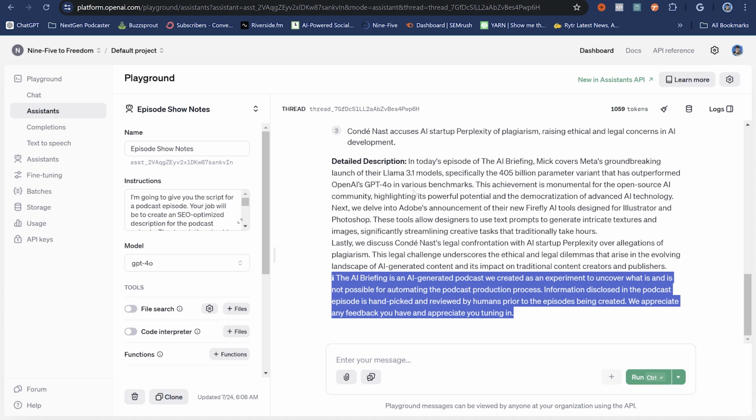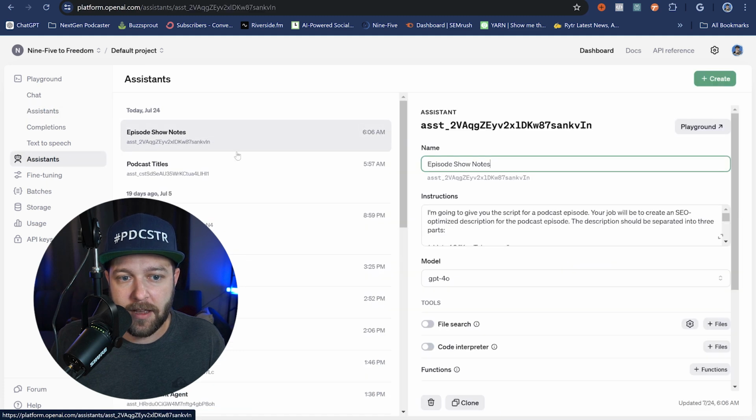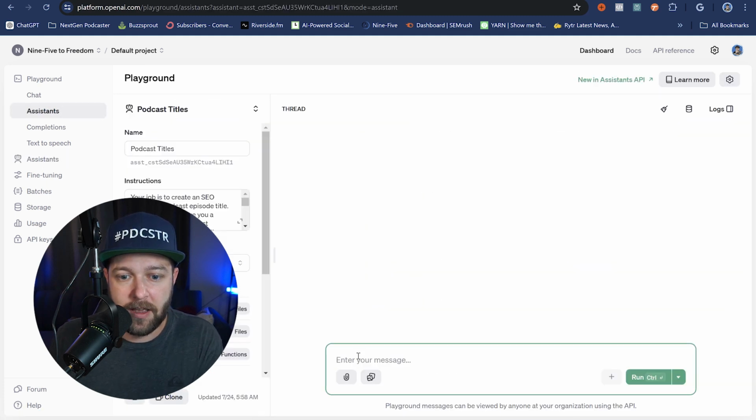So now you have 2 fully functioning AI assistants that can help you with your podcast production. With these assistants created, you can come to the playground anytime and click on assistants and go to the playground and have a conversation with this assistant whenever you want. So now that they're built, you can actually start using them to create your titles and episode descriptions or whatever